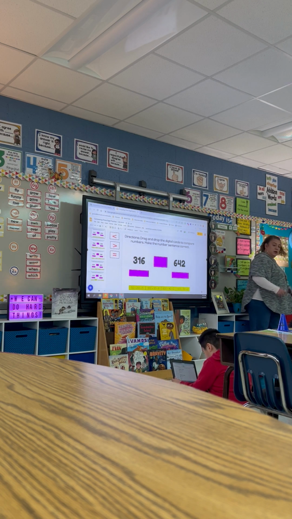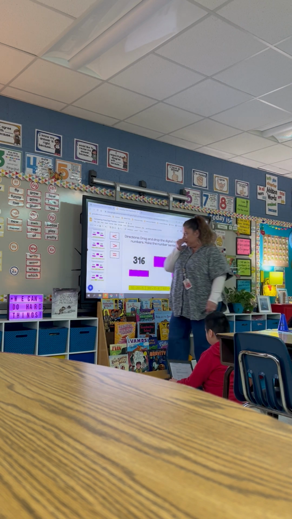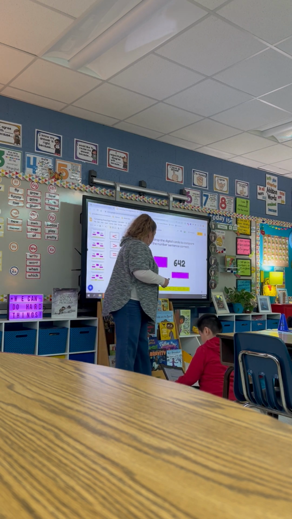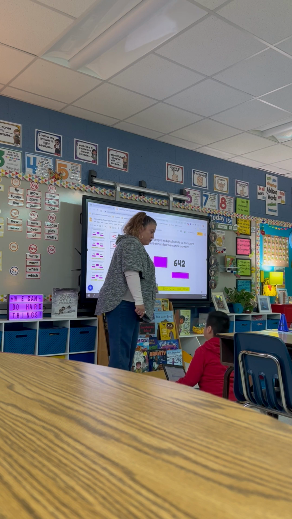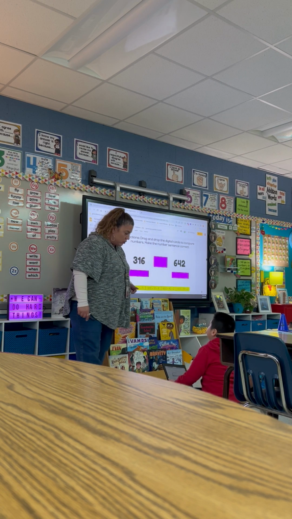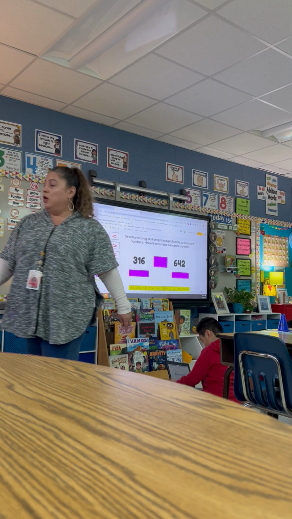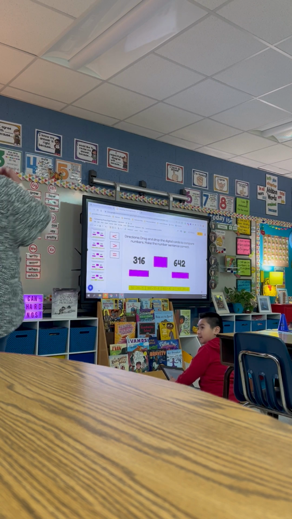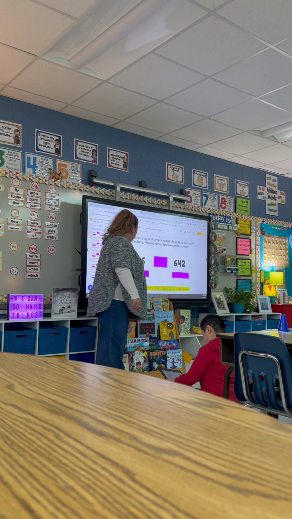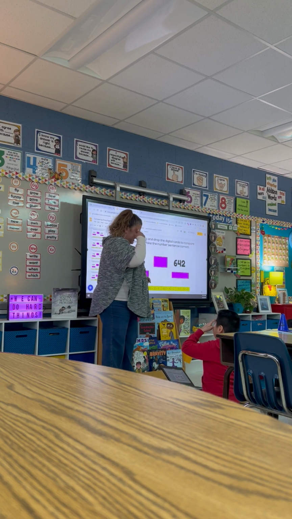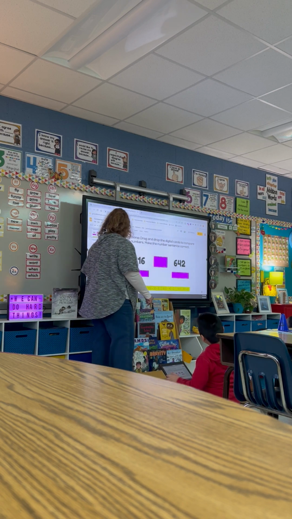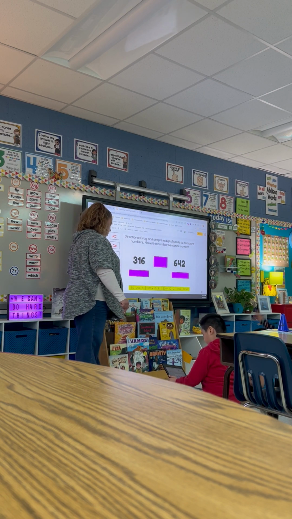All right, friends in the front. We are dragging these expanded forms where they belong. All right, so let's work on some together. Are you guys all there? Almost there. Almost there. Okay, there you go. All right, I'm looking at number 316. And I'm looking at number 642. Can you find it for me? Which one do you think is